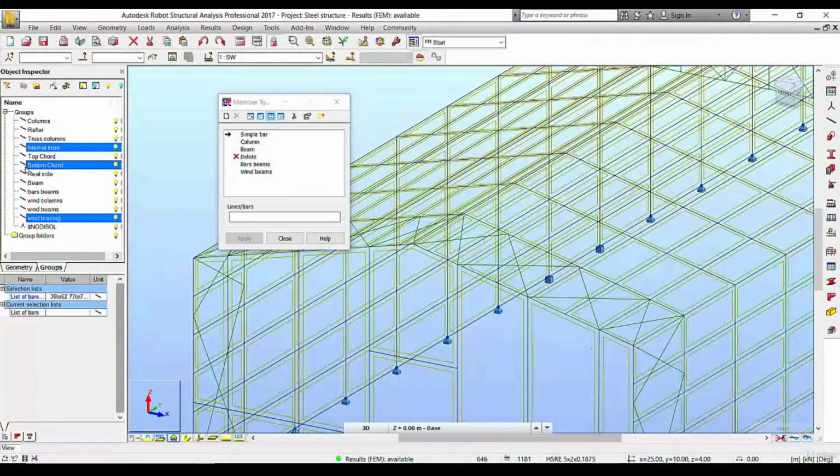We made a mistake: we put the bottom chord as beams, but the bottom chord is a simple bar. So the internal truss, bottom chord, and wind bracing work as simple bars. We select them, refresh selection,